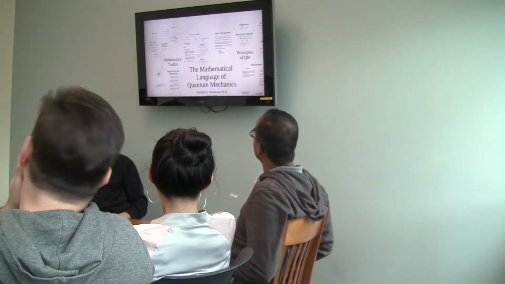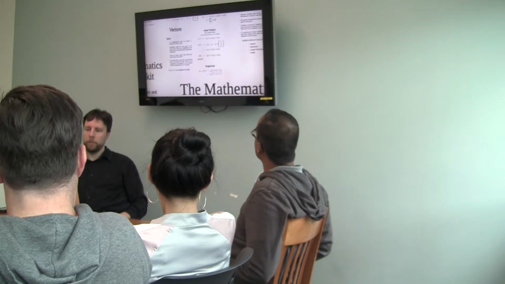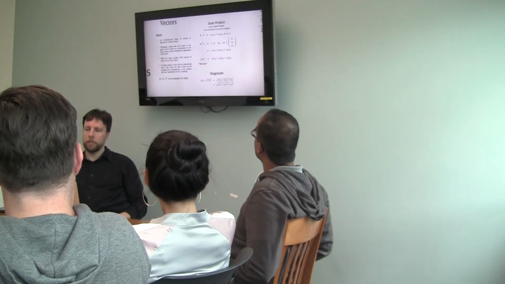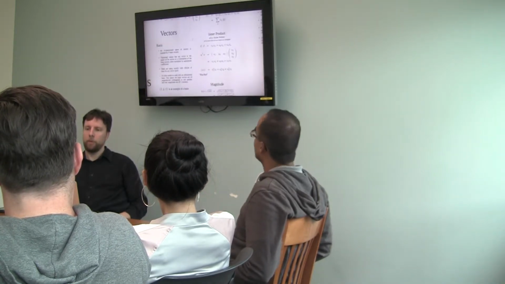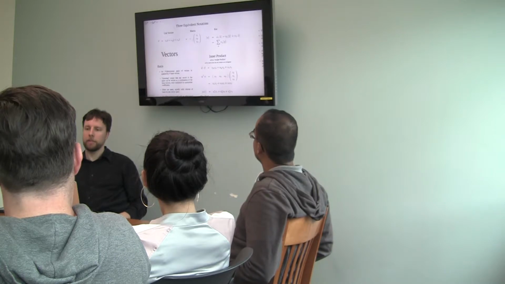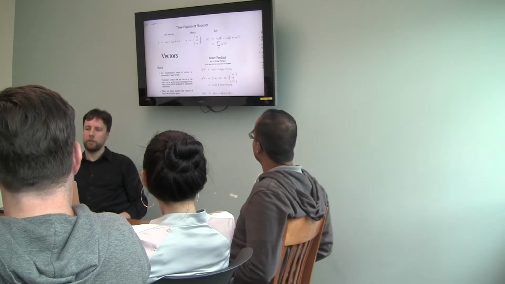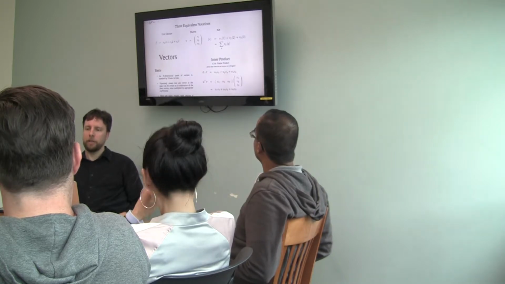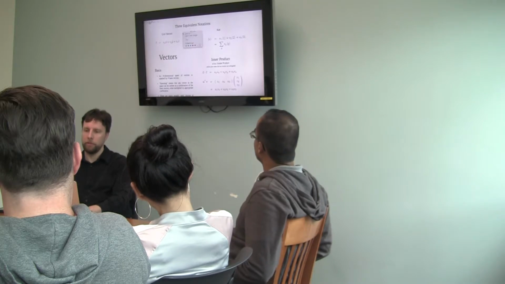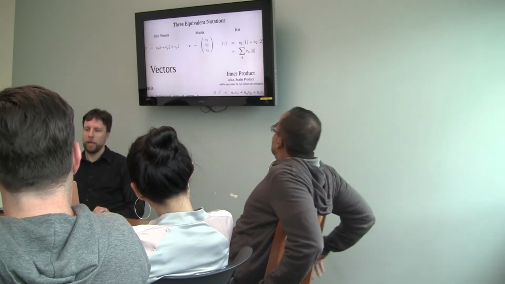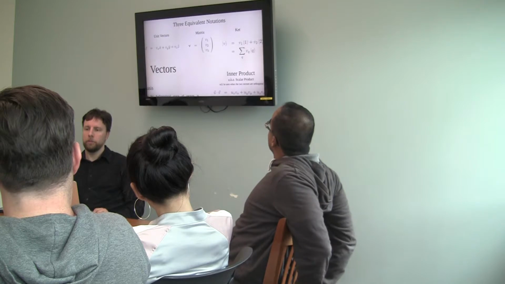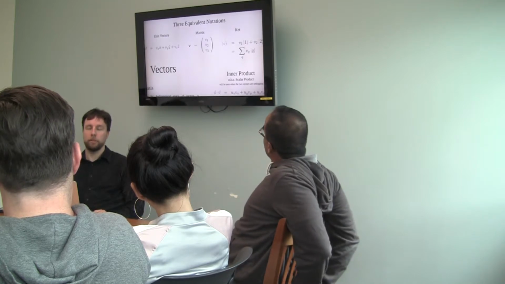Many people encounter vectors in high school or early college courses, and the way to think about vectors usually in those introductory courses is to think about them as little arrows. And the little arrows have a direction and a magnitude. We can think about it that way too, but I want to give you a few more ways to think about vectors. There's actually 3 different notations that you'll see a lot.